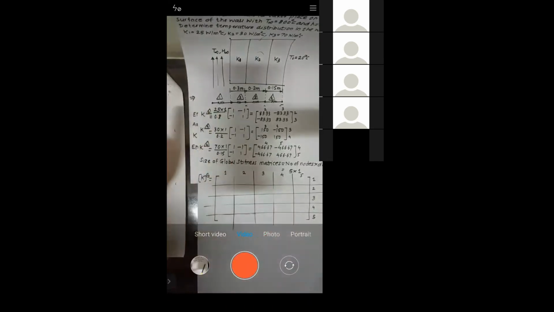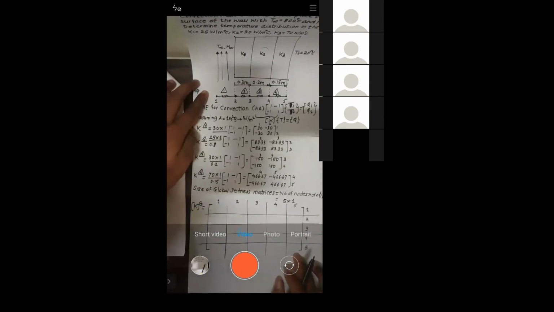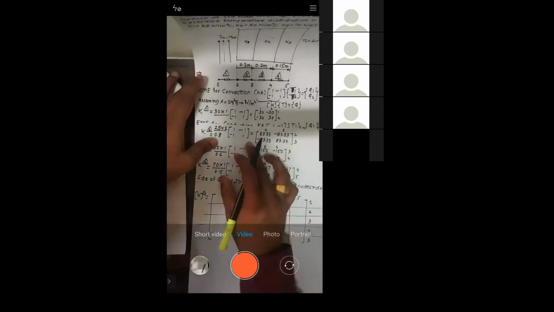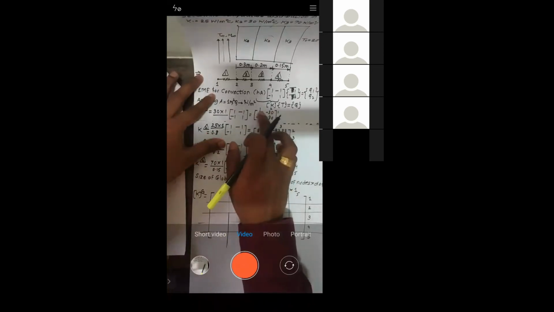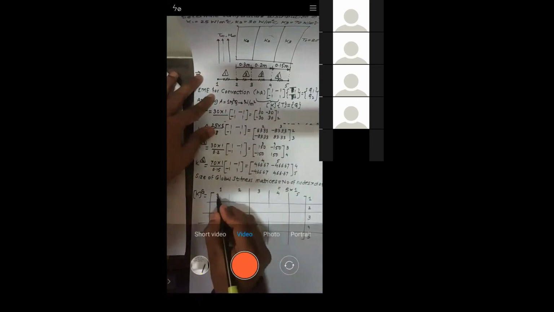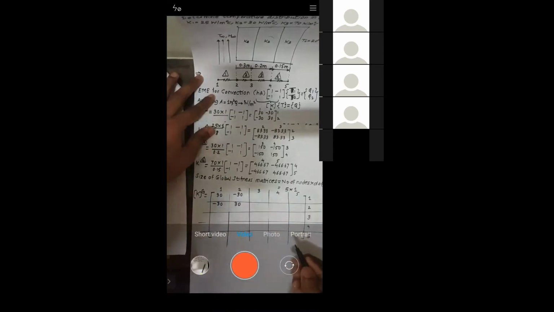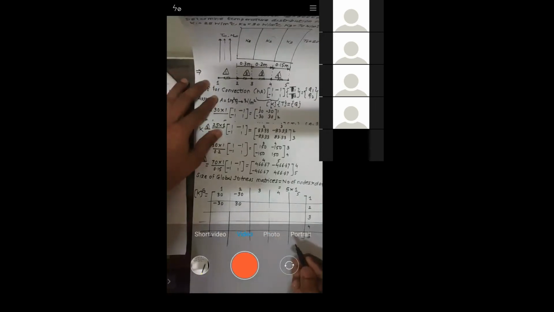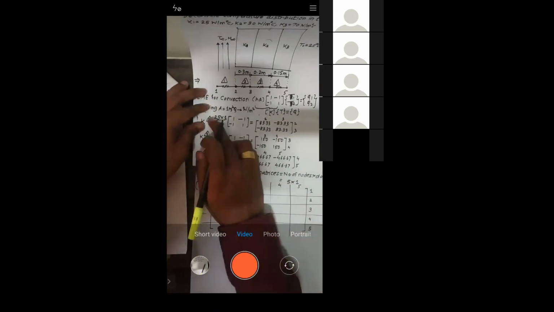Now tell me how we should start. We need to start with element number 1, the stiffness matrix of element number 1. See here, straightforward: 1 2, 1 2. So start with the first. At 1 1 you put 30. So at 1 1 I will put 30, here I will get minus 30, here minus 30, and here plus 30. Is it okay? Let me know. Yes or no? Right.